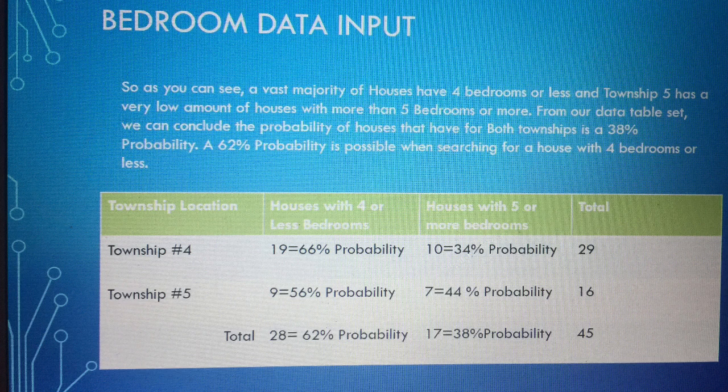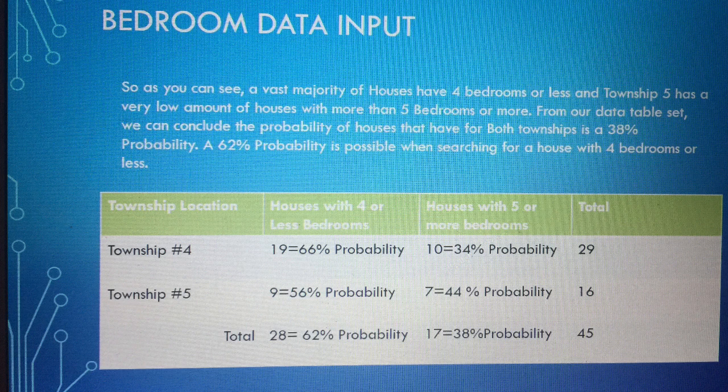As you can see from the data input table that we have been presented, a vast majority of houses in Township 5 have 4 bedrooms or less, and there is a very low amount of houses with 5 bedrooms or more. From the data set, we can conclude that 38% is the probability for houses with 5 or more bedrooms, and roughly 62% of houses in townships 4 and 5 combined is the probability outcome of a house with 4 bedrooms or less. The next slide will be